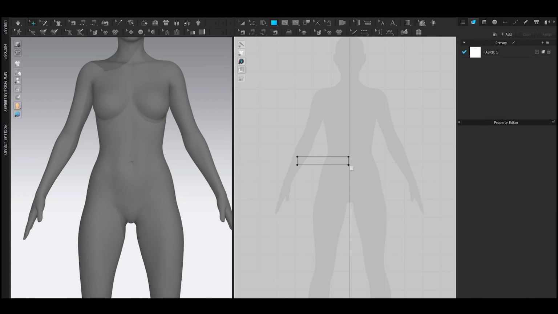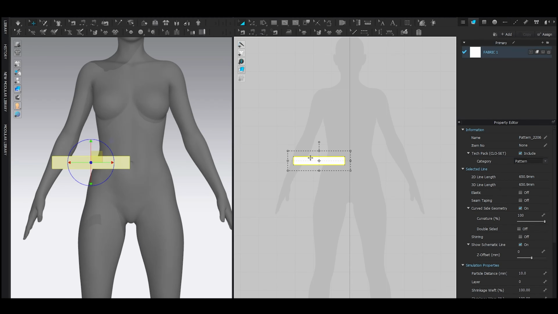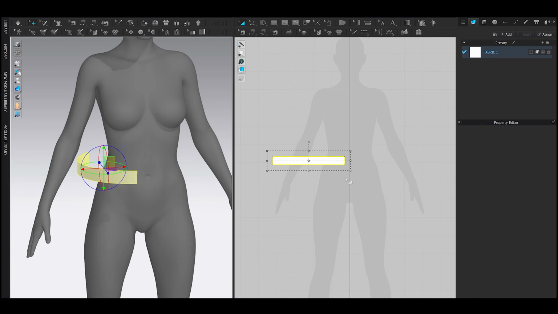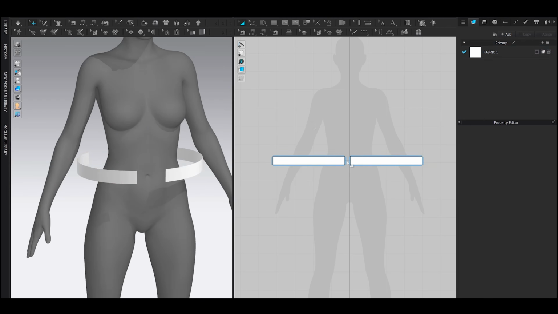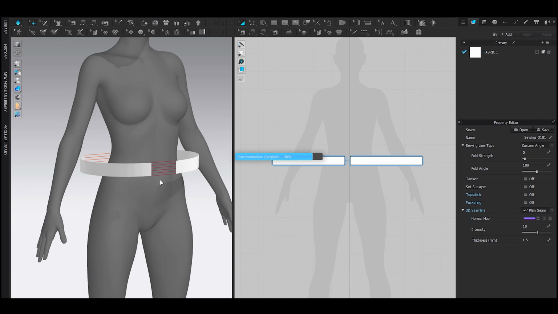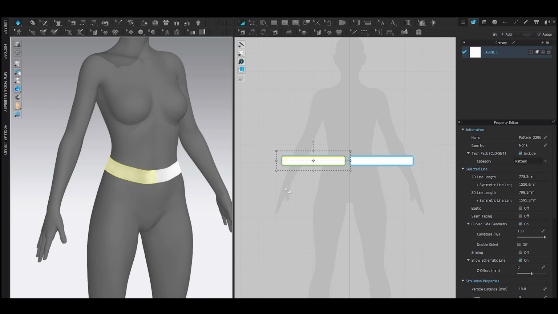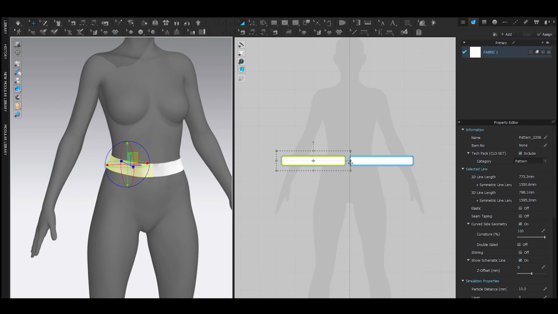So I'm going to make it with a rectangle pattern like this. Then I'm going to arrange it to the waist area and symmetric paste that, so the front and the back like that, and simulate. Let's make it a bit tighter